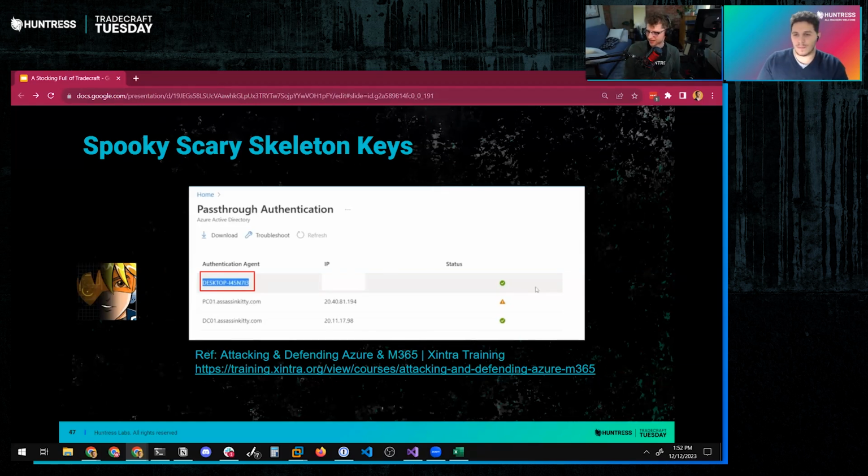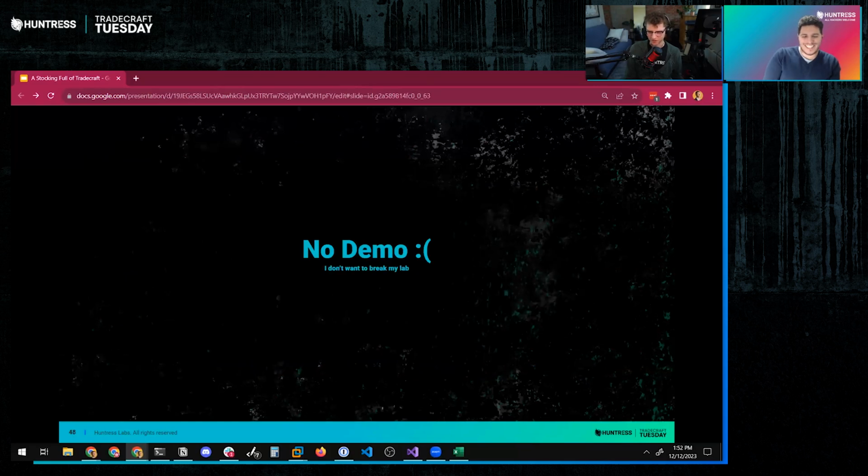Unfortunately, like I said, I don't have a demo for this. I didn't want to break my lab, and it was coming down to the wire on building a separate testbed environment to show this one. But also, if I did install that skeleton key, then all of you would be able to access my Active Directory environment. I believe multi-factor authentication will still save you in this case, because the authentication is still username, password, and then multi-factor in between that. But for those accounts that do not have multi-factor authentication, and I know you're out there, this is a scary one. It's only in hybrid environments.